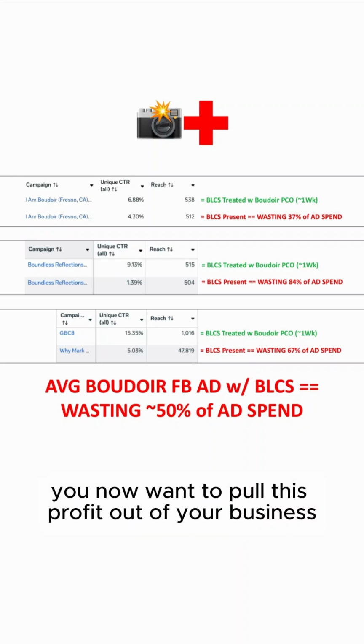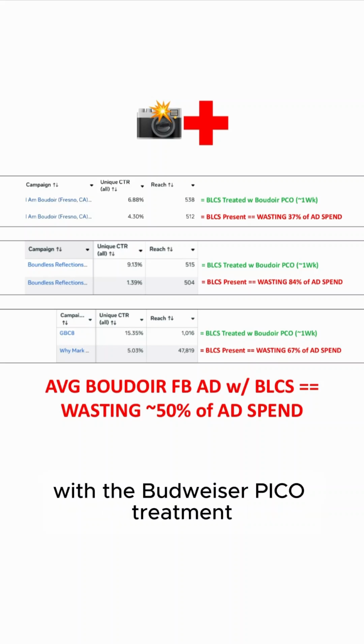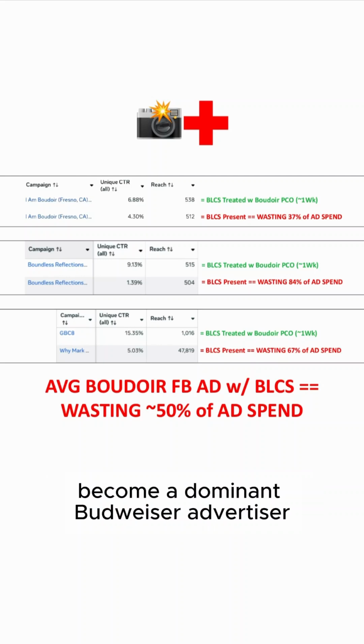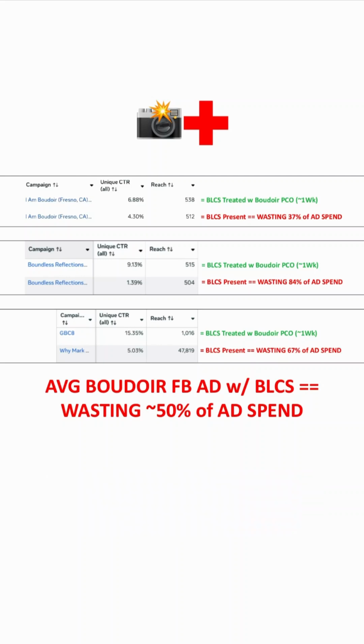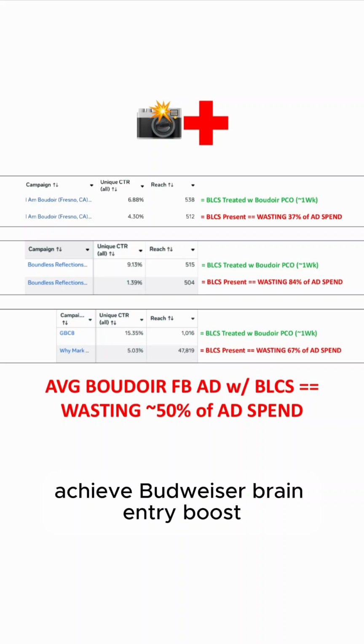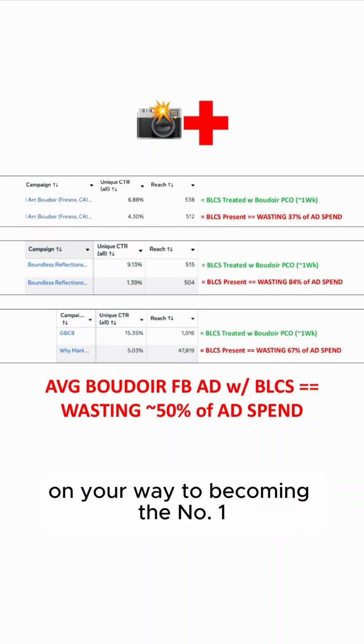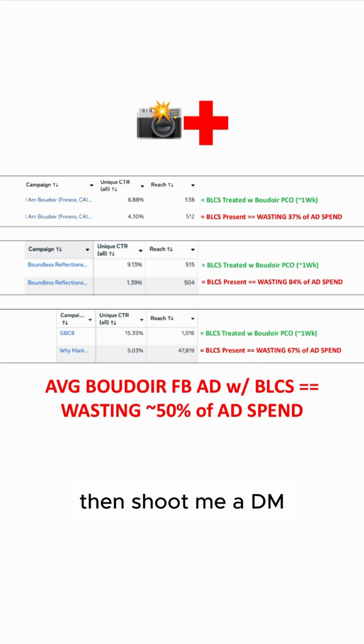And you decide you now want to pull this profit out of your business with the Boudoir Pico treatment, and you want to achieve pre-click alignment, become a dominant Boudoir advertiser, achieve Boudoir brain entry boost, because you have to achieve that on your way to becoming the number one boudoir photographer in your city. Then shoot me a DM